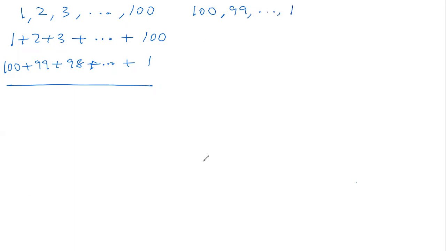Confirm that this inversion, this change of order is clear. Thank you for the confirmation. Now let us see what happens when we are adding the corresponding terms of these two APs. This is say AP1. Suppose this is AP2. If we add 1 and 100, it is 101. If we add 2 and 99, that is also 101. 3 and 98, this is also 101. It will be same, 101.